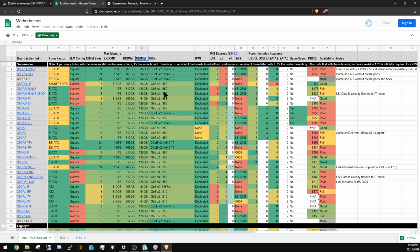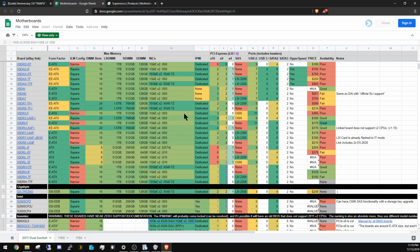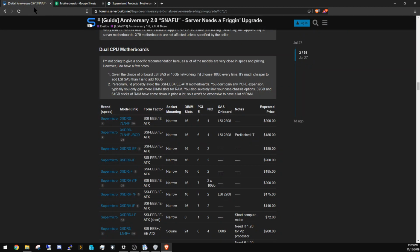NICs, and not just how many, but type. So like onboard 10 gig or 1 gig, things like that. Well, actually, he has 10 gig E, and some are just regular 10 gig. But I mean, this thing is very, very well fleshed out. So take a look at this sheet. It might be a little over some of your heads, and that's okay. I don't mean that to belittle you, but it's probably more information than you need, honestly. Oh, and the last thing I want to talk about with the motherboards,